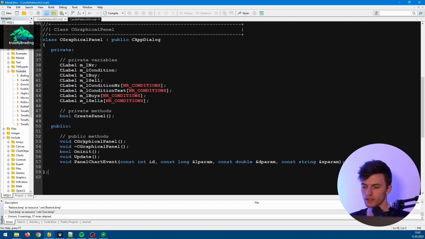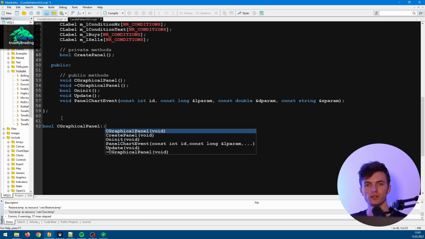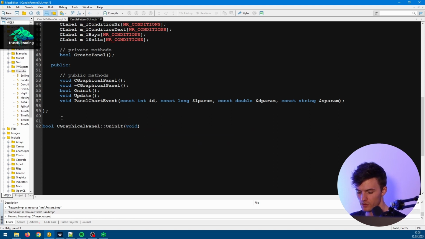So let's create the onInit function first here. So we can do this inside this class if we just write the body here. But I think it's better to read if we do this outside. Then we just have to specify that this method belongs to our class. And you can just write bool for the type and then write the class name, C graphical panel, and then you can write your method name. So onInit here and the body,